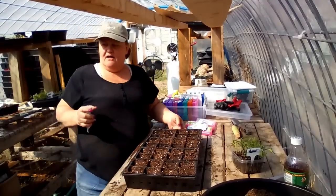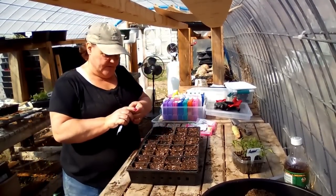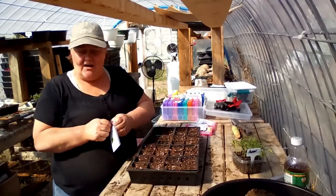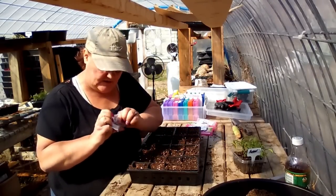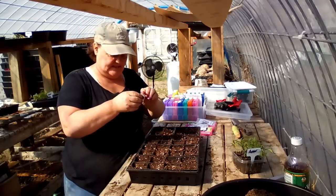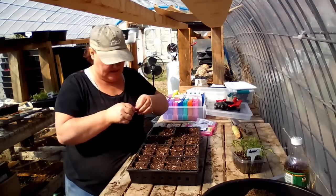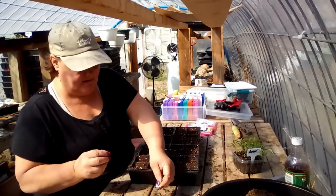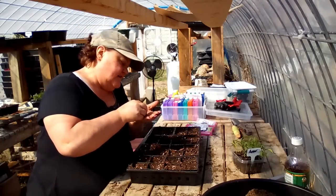Okay, friends. I got this filled up and watered and patted down. Now I'm not going to need to put any dirt on top of these because these are so itty bitty. These are celery seeds. These are my Bear Mountain seeds. Okay? These are so tiny